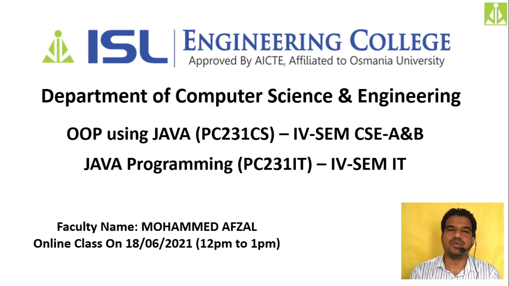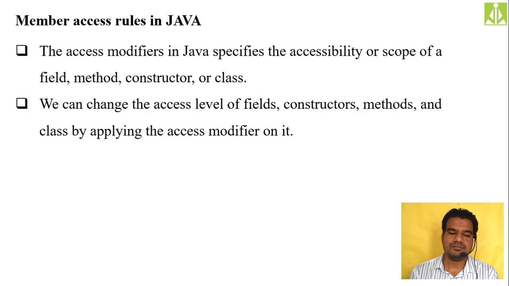In today's session we'll proceed further in inheritance, and we see what concepts we have to discuss. Today's concept that we are going to cover in inheritance is the member access rules in Java. This we already discussed. Member access rules are nothing but access specifiers, like public, private, protected, and default. We said four access specifiers we have in Java. We started with the private, protected, default, and public.